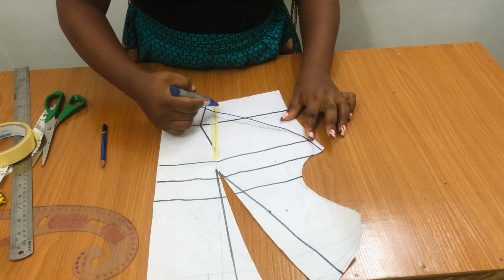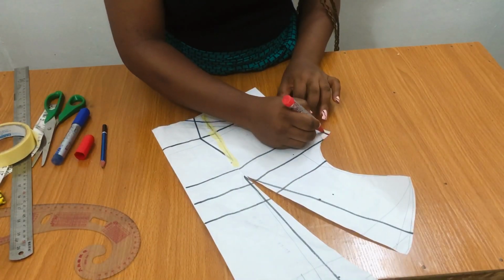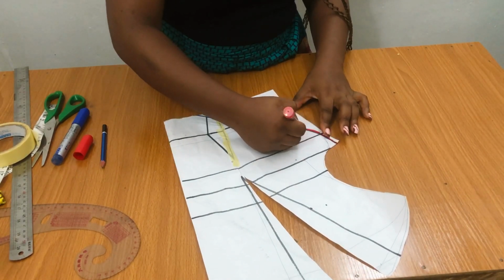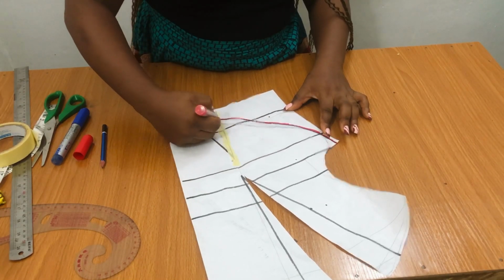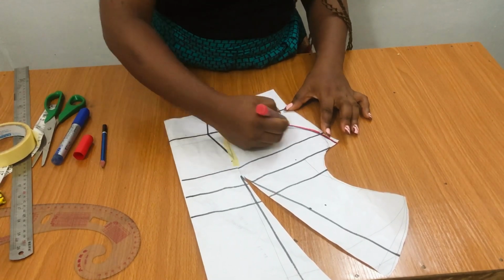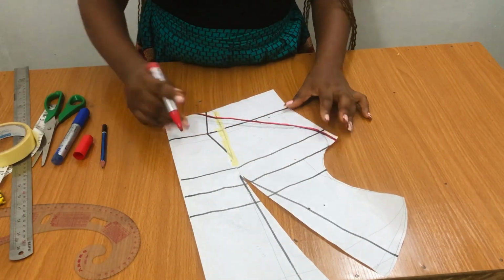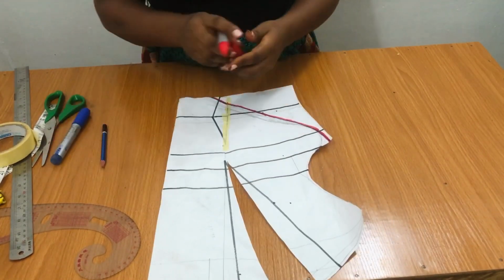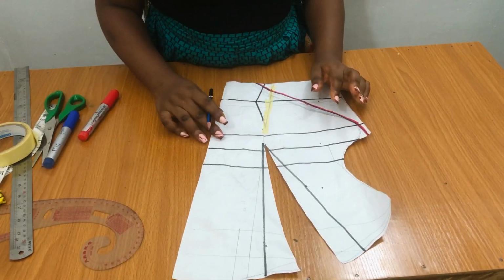And just work my way till I get here. Okay, so let me use the red marker so that it stands out. This is how it's going to be. Great. So once you have done this, amazing, we are then going to also draw the sweetheart part of this